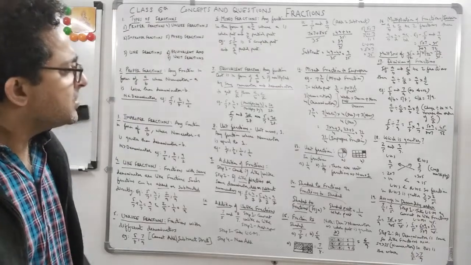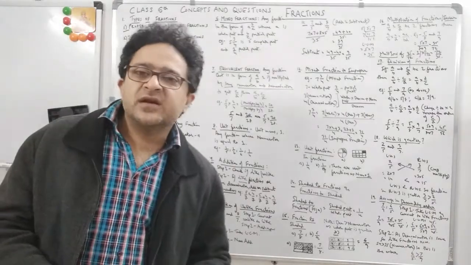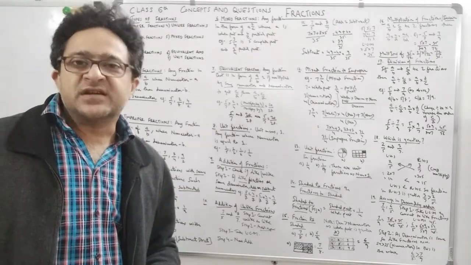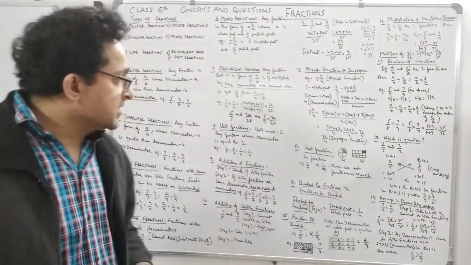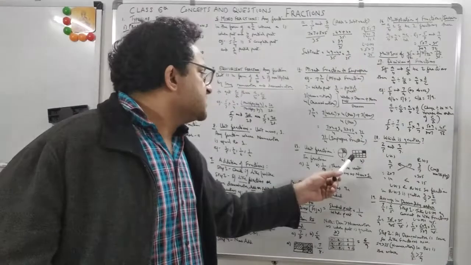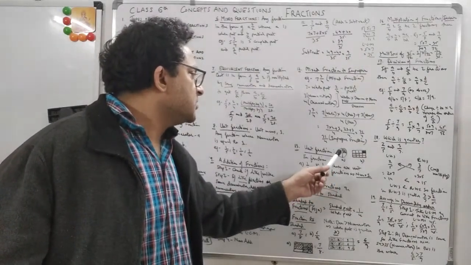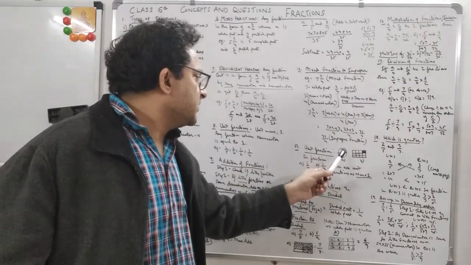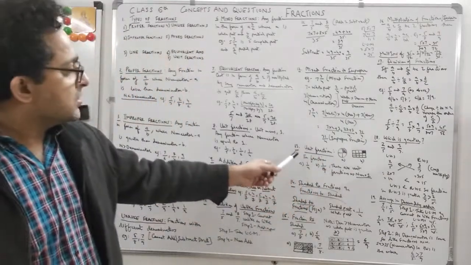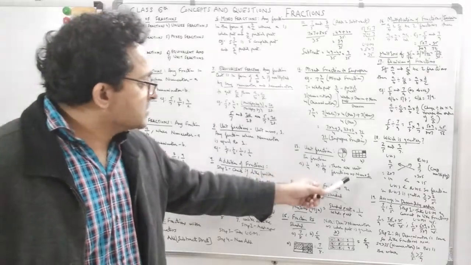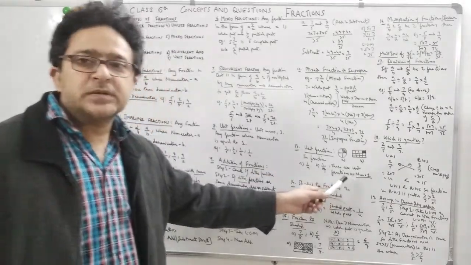So usually where is the unit fraction being used? You can get something like a shaded portion, and they can tell you what is the fraction for this shaded portion. Let's see how. How many divisions are there in this circle? 4 divisions. And which is the shaded portion? One portion is shaded. So this will be 1 upon 4. So these are unit fractions as the numerator is 1. Always remember the numerator is 1.